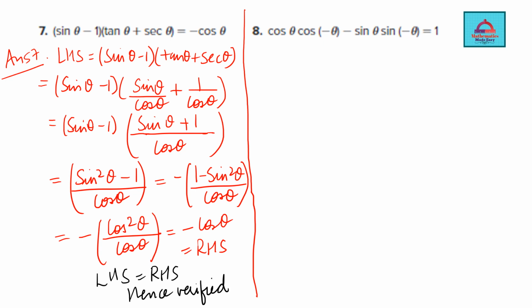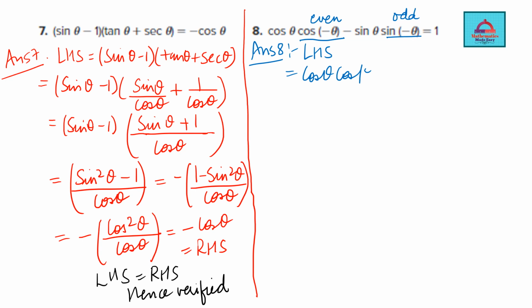Okay, let's do the next one. Now we are going to solve question 8. Out of this, we again select the left hand side. This is a pretty easy question. We are using odd and even identity. So cos is an even function, sine is an odd function. Means